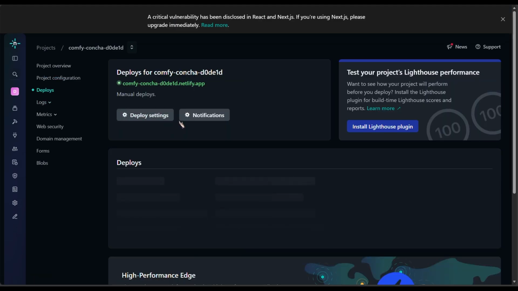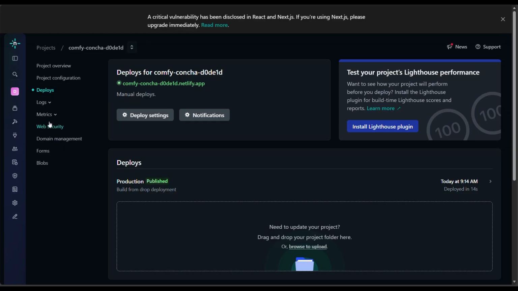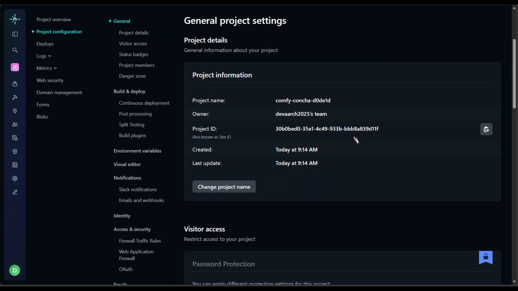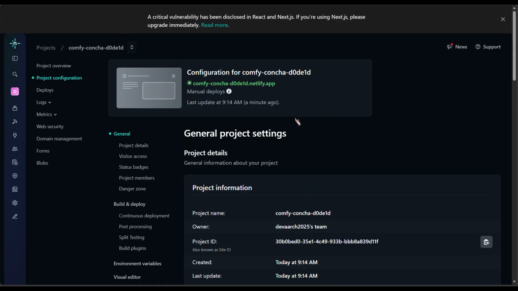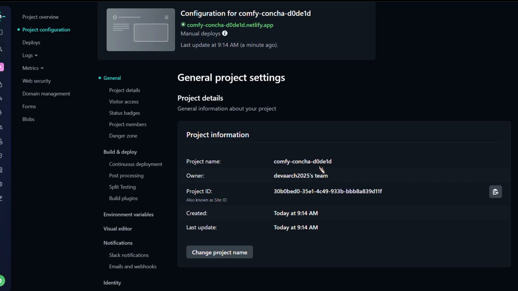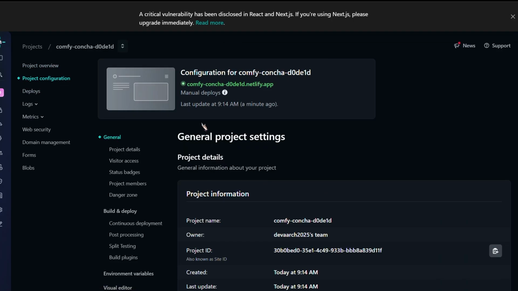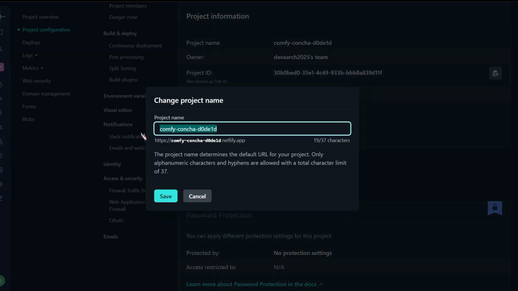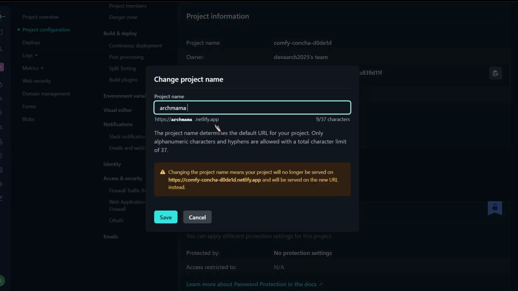If you want to make the link look more professional, go into Display Settings inside Netlify and change the site name. For example, you can rename it as Architecture Portfolio and save it. Now you have a clean, shareable website link ready. You can send it to clients, friends, or include it in your portfolio or resume. And just like that, you created a complete website using AI without coding, added your own images, and published it